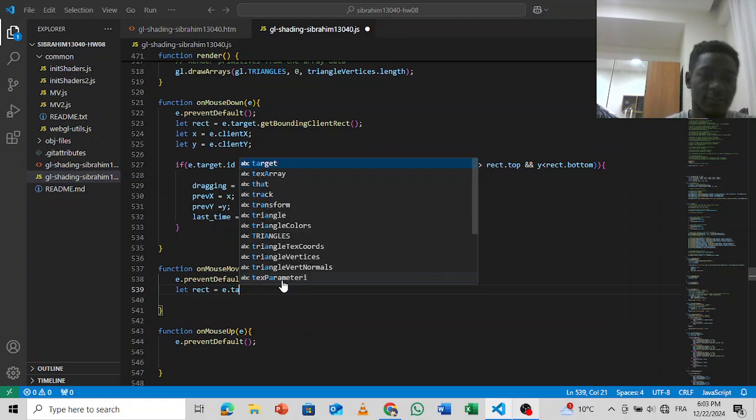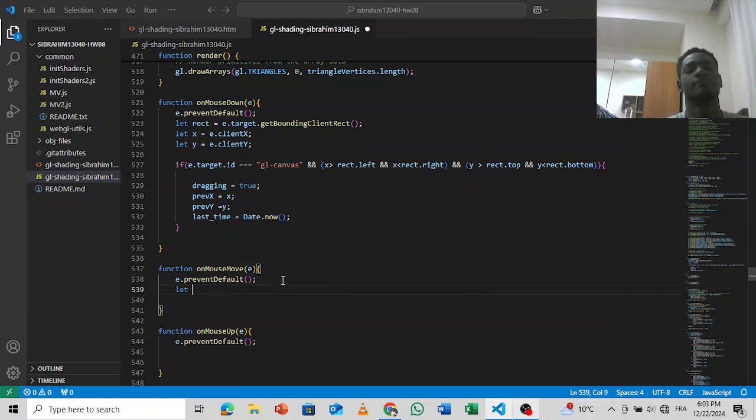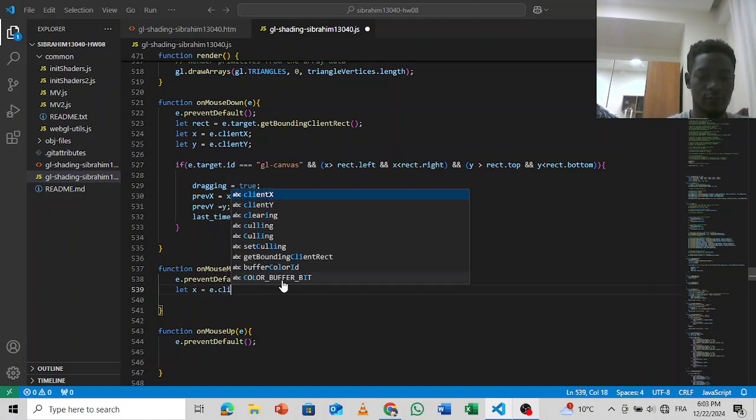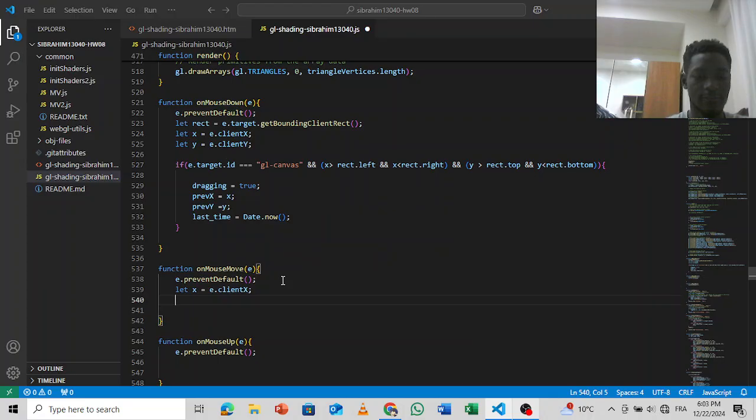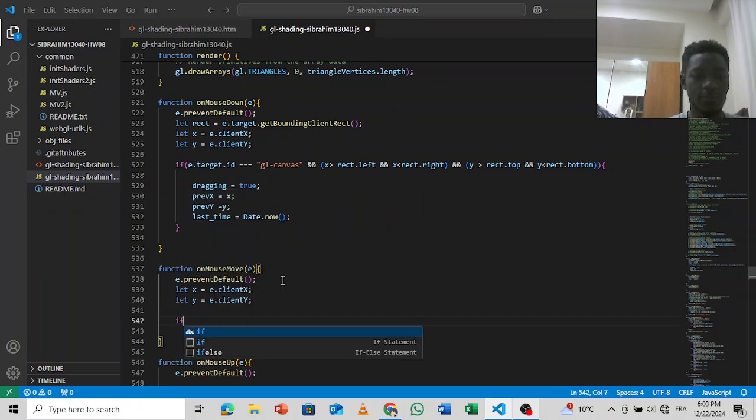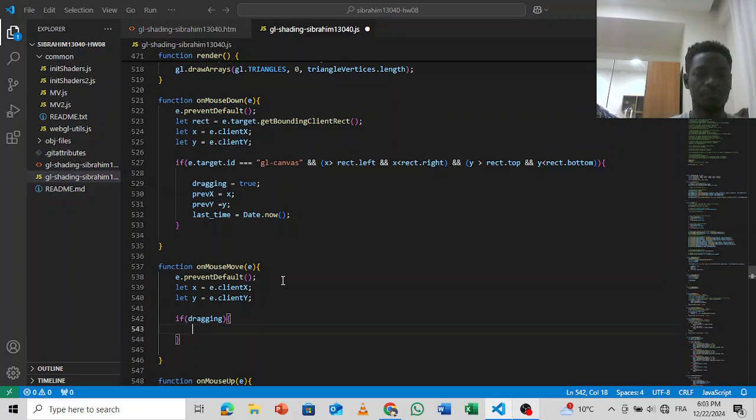Do we really need it? Okay, let's see. Let x equals to e dot client X, and let Y equals to e dot client Y. Now if the dragging is true,